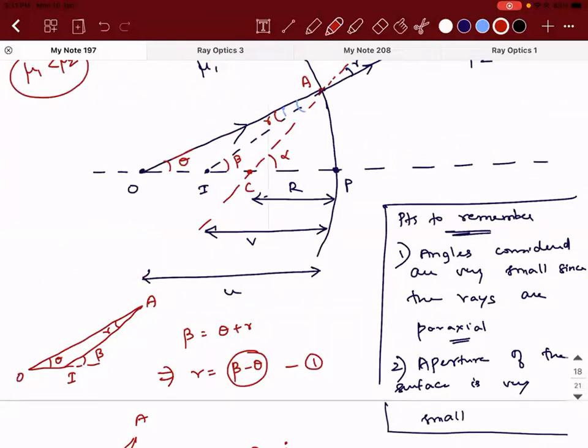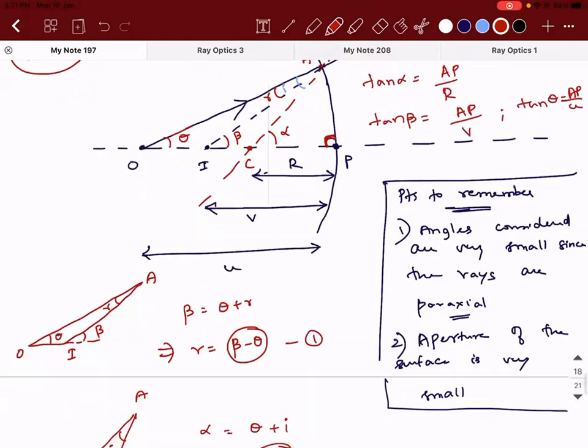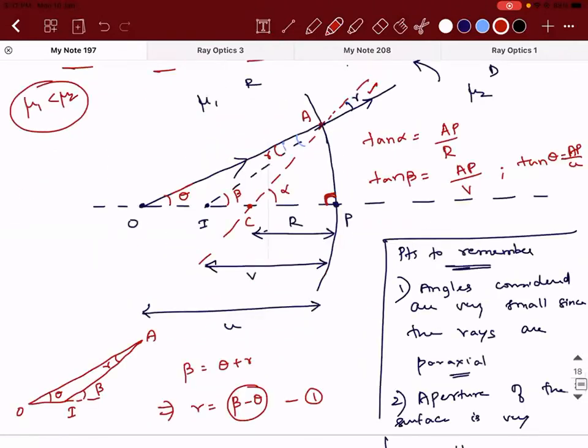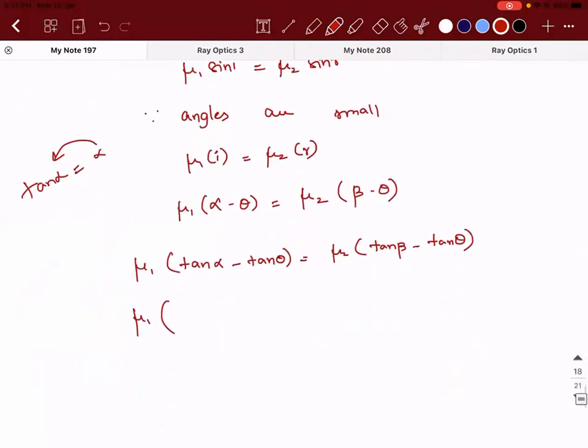Looking at the diagram, what is going to be tan alpha when AP is 90 degrees? So tan alpha will be equal to AP divided by CP, that is R. Similarly, what is tan beta equal to? AP divided by V. Tan theta will be equal to AP divided by U. That's it. Have these things in mind. And you need to substitute it with sign convention. So minus, minus, and minus. Okay. So tan alpha is AP by minus R